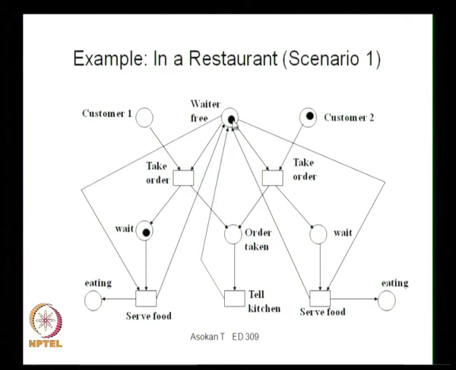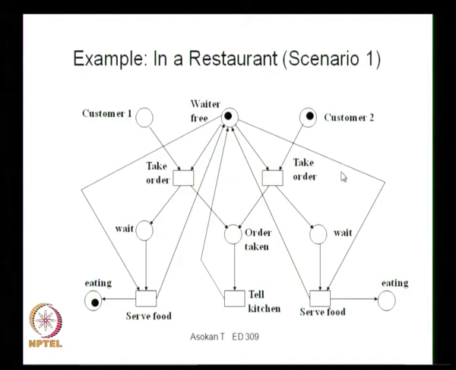So here now the waiter is free, this customer is free and this customer is waiting. The waiter has an option either to take the order from customer 2 or to wait for the item to be ready so that he can serve food. To serve food for this transition, the waiter should be free and the food should be ready. So now the waiter has the option to take customer 2's order or wait for the food to be served. In the first case, he is serving food and the customer is eating, the token is given there, and the waiter is again free after serving the food. The waiter is free now, he can take the second order.